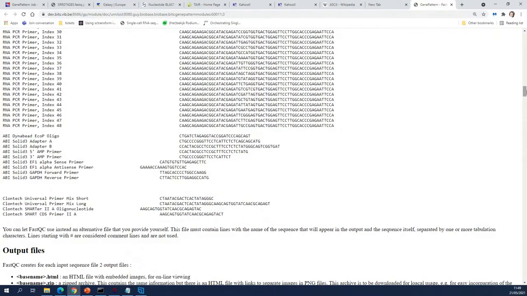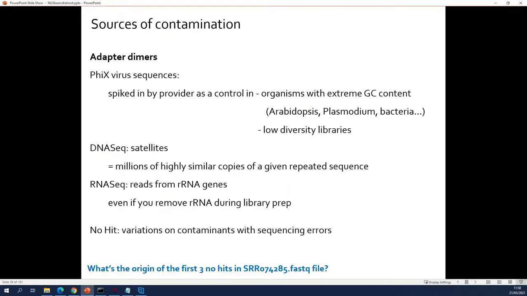If you have very special adapters, specially made for you, then you can also give FastQC a list of the adapters that you expect to be in your experiment, and then it can take this in as a blast database instead of the built-in one. So you can specify one yourself. If you have contamination in your libraries, in 99% of the cases, it will be adapter dimers.